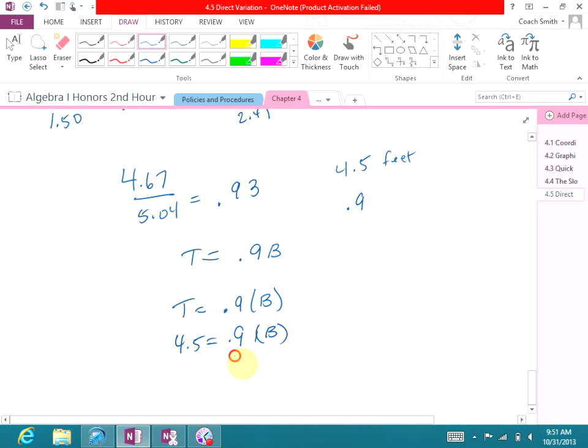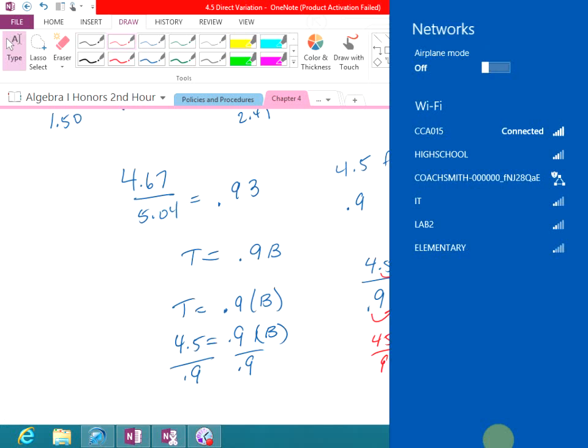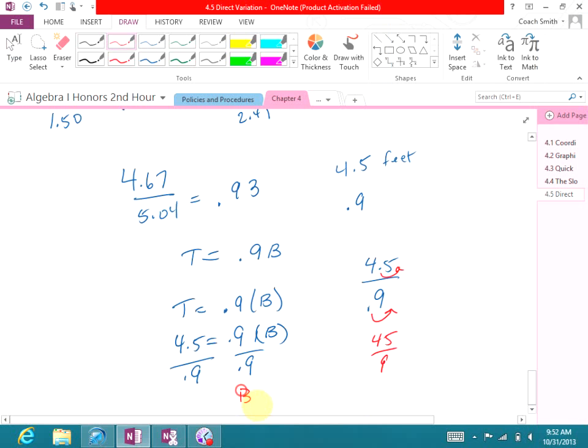In other words, they did this. They did that right there. Take 0.9 and divide it into 4.5. And it's very simple. Move this once, move it once, 45 over 9, which is 5. So the body length is approximately 5 feet. Okay? So that's how you can take a table and come up with approximations, and a lot of times it won't be approximations, it'll be exacts. Okay? Now,